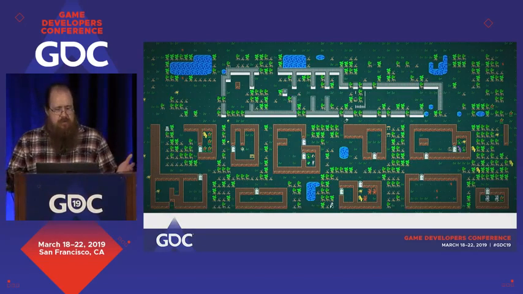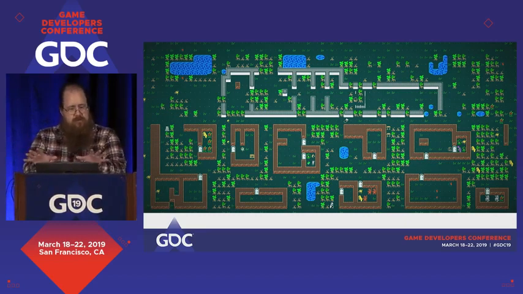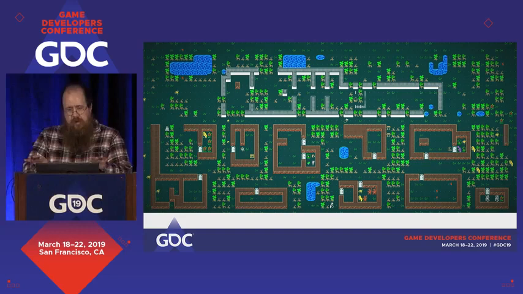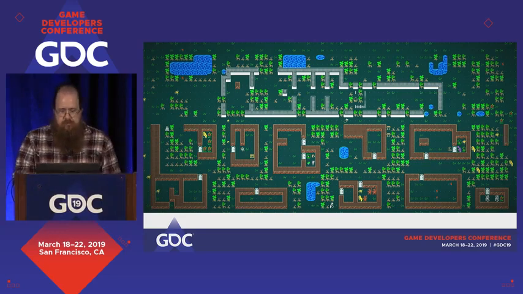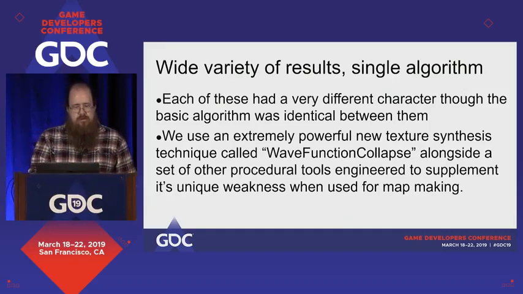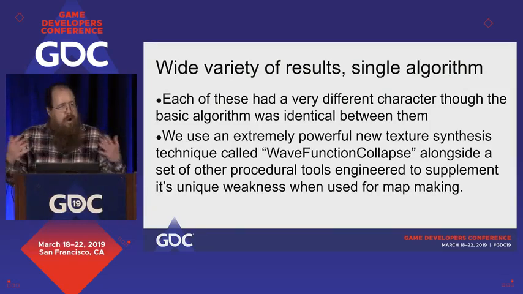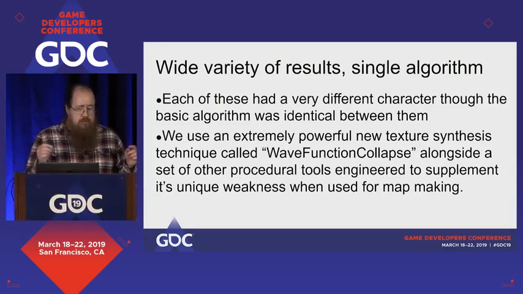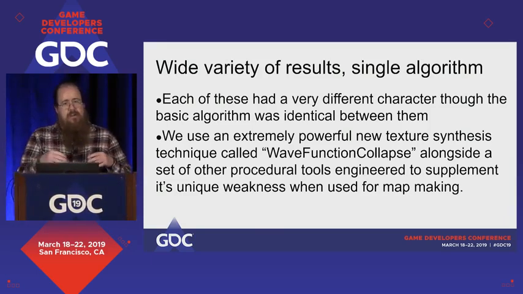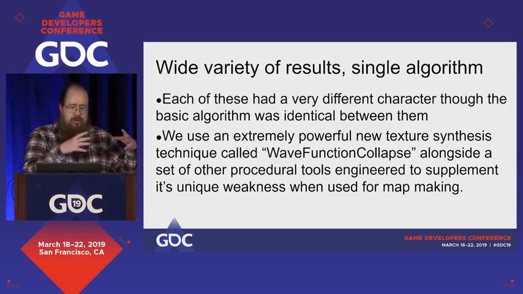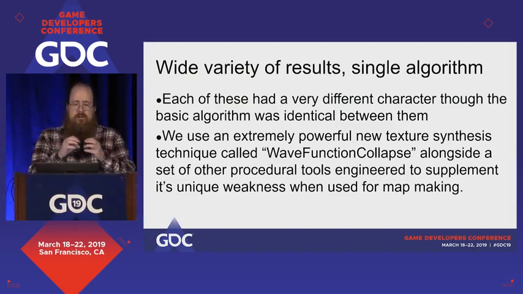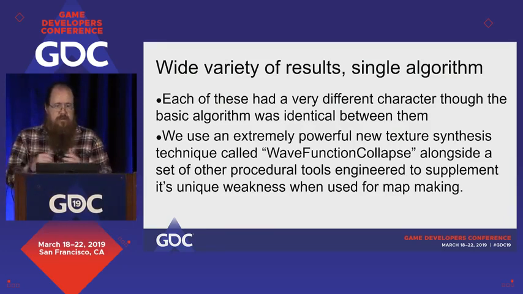And here we have a little town. We've got maybe a big ruined civic structure up north, and in the south we have a bunch of rectilinear village buildings adjacent and laid out along a nice forested path. So these are a wide variety of results, but they're a result of a single algorithm. So these each had a very different character. You had little mazy corridors, you had a fairly dispersed village with well-ordered buildings, you had water-filled gullies,